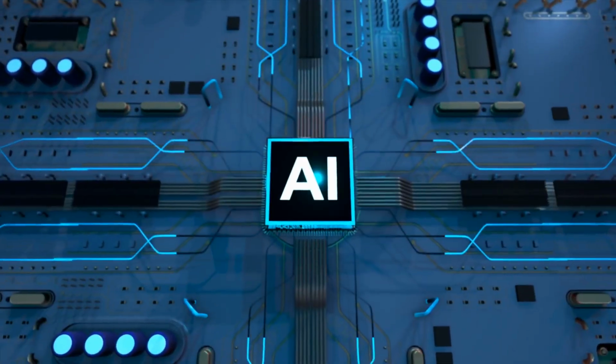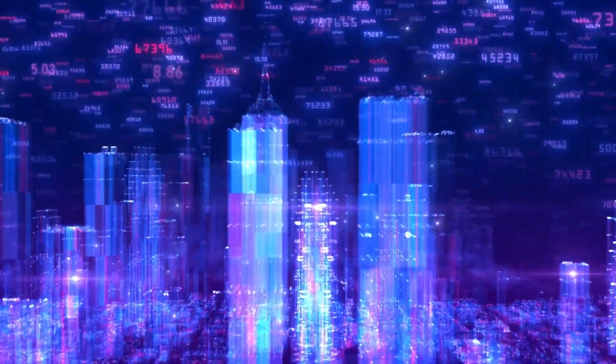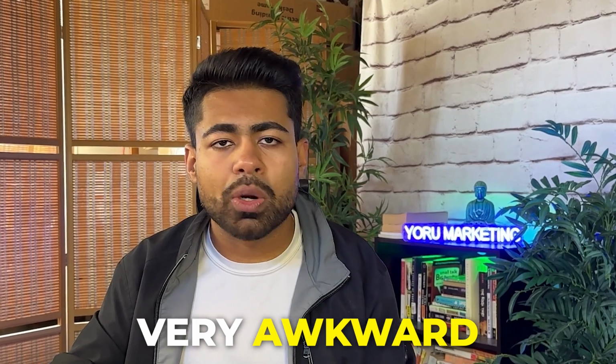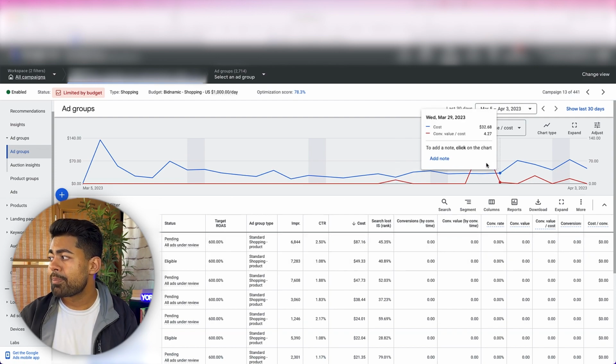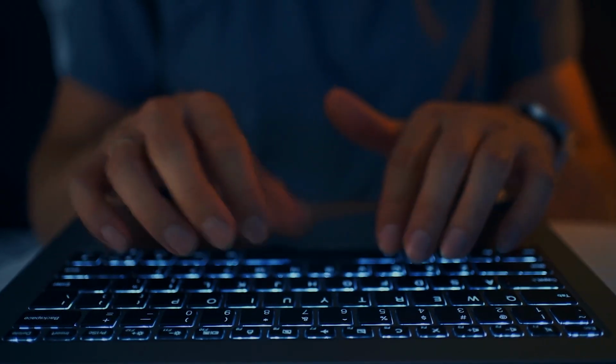So in reality, what I'm referring to is artificial intelligence, specifically these software tools, which are said to be very smart, very accurate, and able to do the same thing as other people handling Google Ads. It's not really the case, because as you saw here, it's a very awkward strategy. It's deciding things on its own based off of random data, which you can't really pinpoint as to where they got these things, because the campaigns are not achieving these numbers on a consistent level. And then when you combine that with no human touch, no creativity, it becomes a very, very basic strategy. So the reality is you should not be making this Google Ads mistake